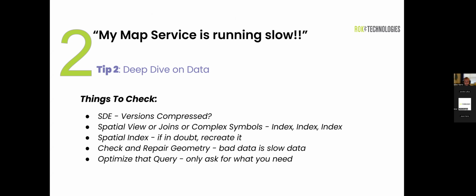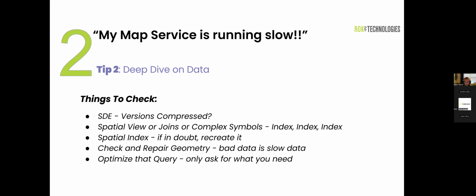Check and repair geometry. I've seen really weird data layers that were imported from maybe CAD or another source, and they've got topological errors. So you can run that through the check and repair geometry tool, and that can often show you what data is bad and help you repair it. And lastly, and this is true for all types of different map services, but it's especially true for feature services, which is basically streaming all of your data directly to the browser. Only ask for what you need,